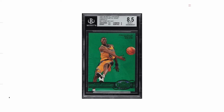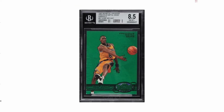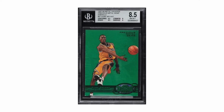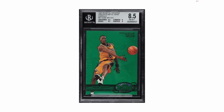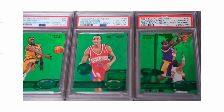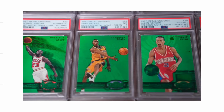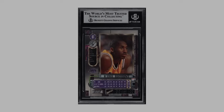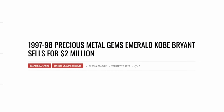And then there's my personal favorite, the 1997 Metal Universe Precious Metal Gems Emerald Kobe Bryant. The contrast of Kobe's yellow Lakers jersey against the emerald green background is a thing of beauty. The PMG green cards are limited to just 10 copies and are among the most coveted in the entire hobby among high-end collectors. So it was no surprise when the highest graded copy, a BGS 8.5, sold in 2022 for